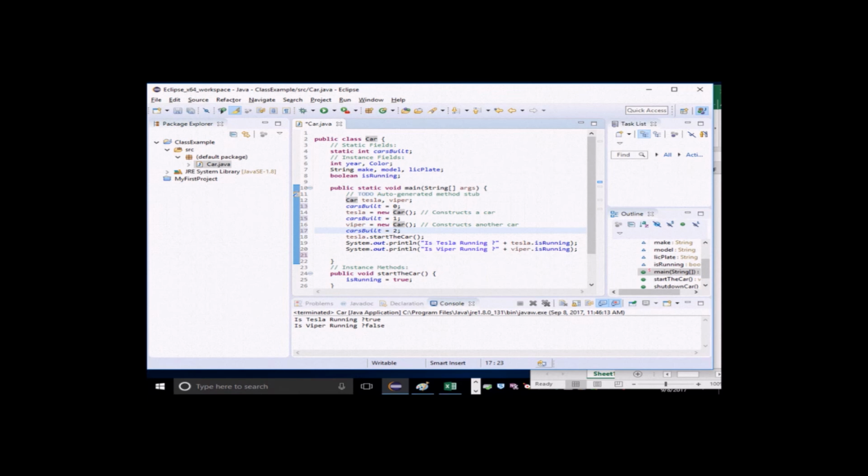So, and if I were to print at the end, System.out.println, cars built, like that,